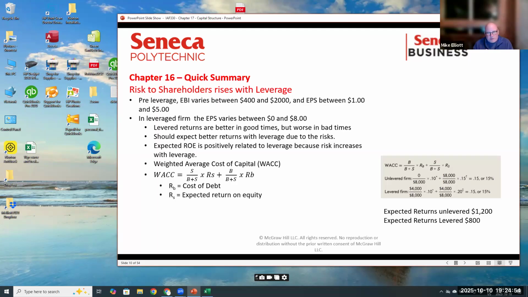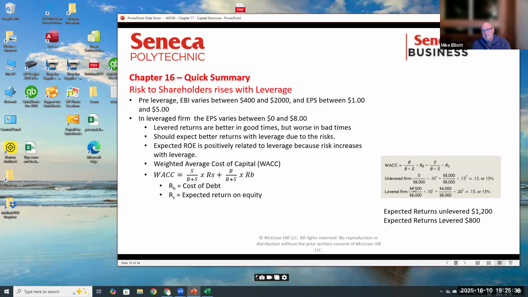We have to decide which we like best, but if we zip over to the right side of the page here, WACC, our weighted average cost of capital, is our cost of bonds over our total supply of bonds and stocks times our risk adjuster, plus our cost of equity over our total amount of equity and debt times the risk adjustment for stock. So in each case, we're taking our proportion of bonds or our proportion of equities, and we're multiplying them by our risk factor.